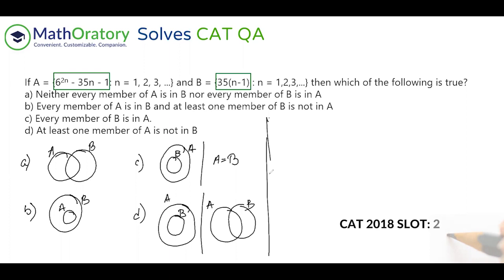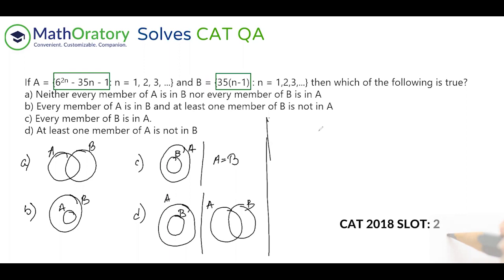Okay, one thing I can see is that all the elements of B are either 0 or multiples of 35, right? I can consider 0 divisible by 35 also, but then fine, either 0 or multiples of 35, right? Is that something to do with here?